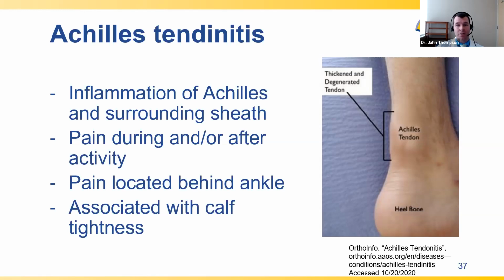Pain occurs here because there is relatively little blood flow to the tendon in this region. Repetitive microtraumas that the body can normally heal accumulate over time, and this can lead to inflammation causing pain and some degeneration of the tendon, which causes some of the thickening that you might see, such as in this picture here. Calf tightness is associated with the injury, as lack of mobility can help to concentrate stresses in this particular region, leading to the accumulation of the injury.